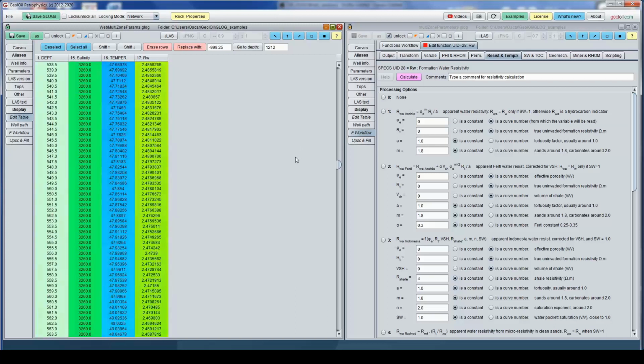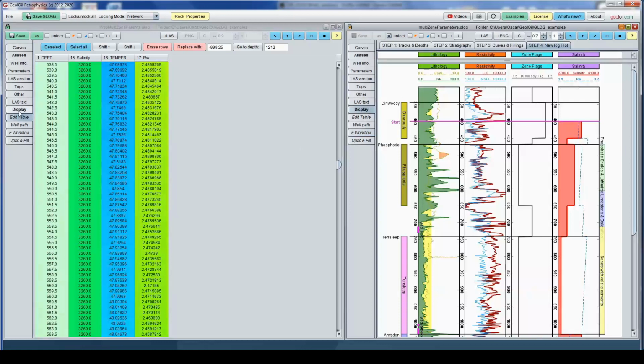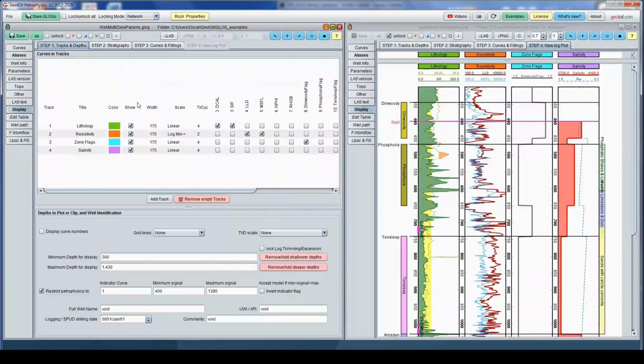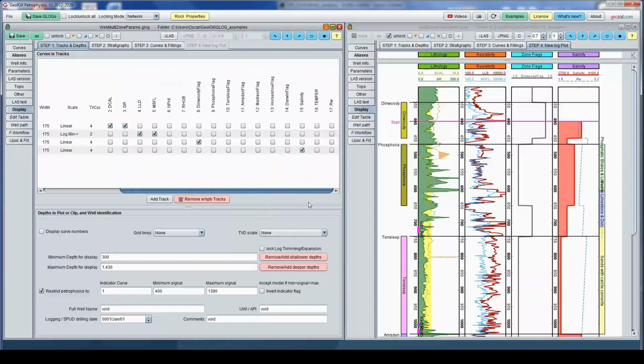Let's make a display of this. In the salinity track, for instance, that's RW. Let's see this.